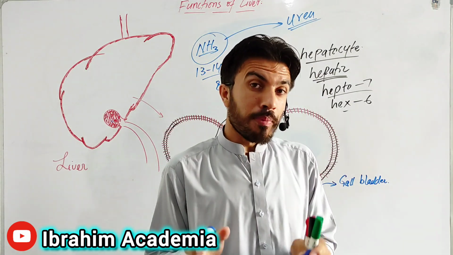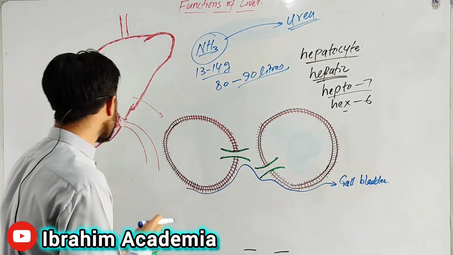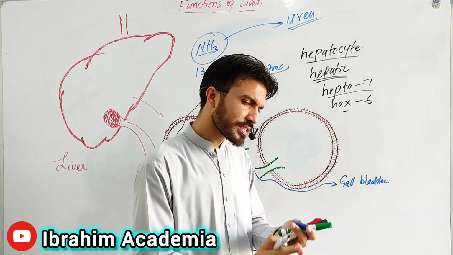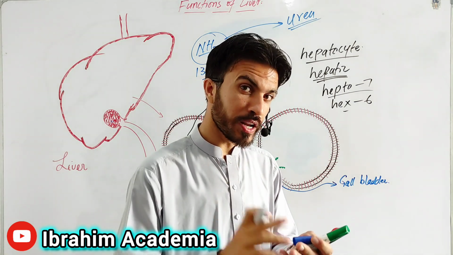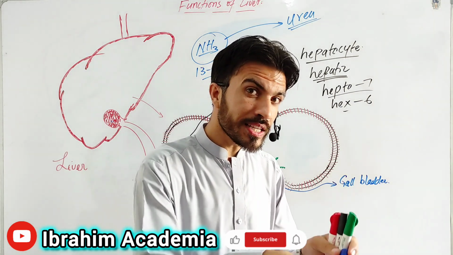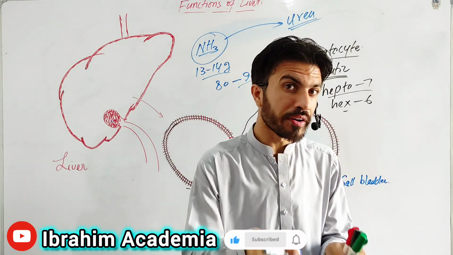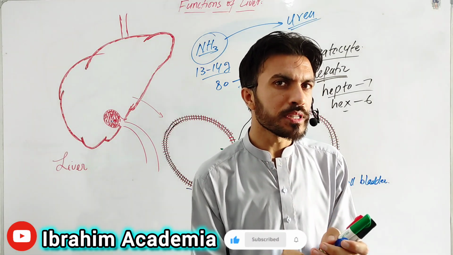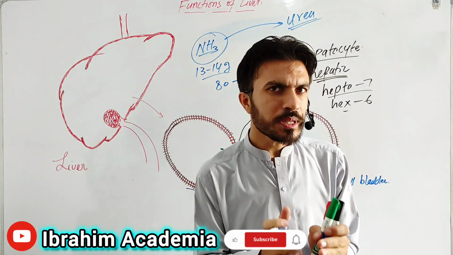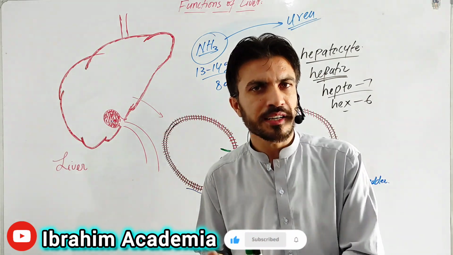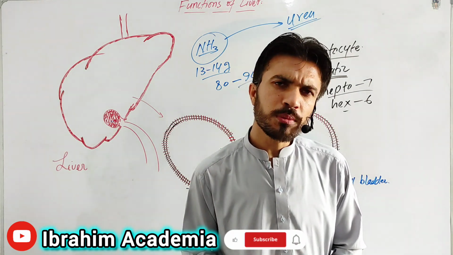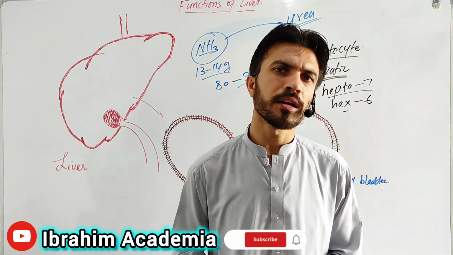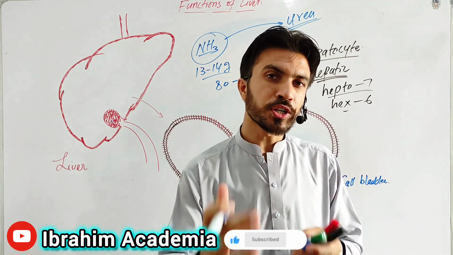Now let's talk about bile. What is this bile? What's inside the gallbladder? There is some water in which there is cholesterol, bile salts, bile acids, phospholipids, and electrolytes, etc. This container is installed for the purpose of emulsification. This emulsification is done inside the intestine. What is emulsification? The breakdown of larger lipid molecules into smaller lipid molecules in order to increase the surface area for the lipases.